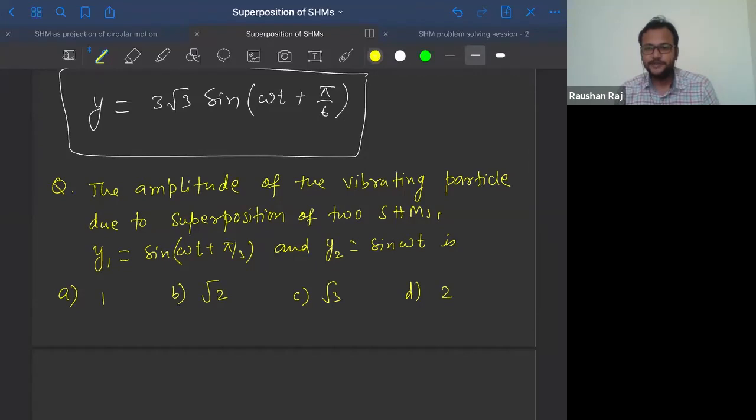Again, the same approach here. Put the value of A1 into different. If amplitudes are different, put the different values of A1 into it. You get the same answer. Okay, let me launch a poll. I didn't launch a poll, sorry, guys. Okay, yes, I've launched a poll now. I think you can see the poll now.